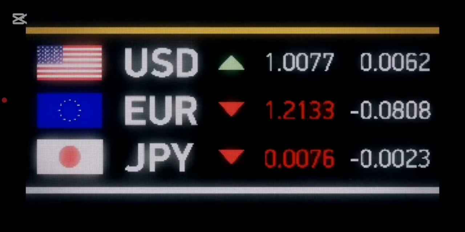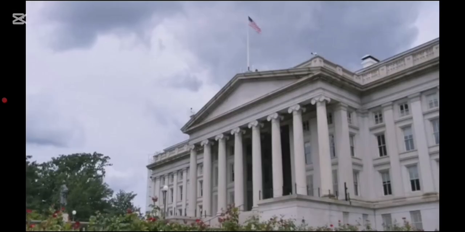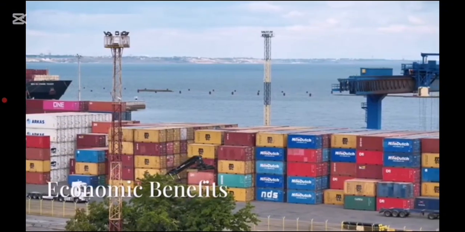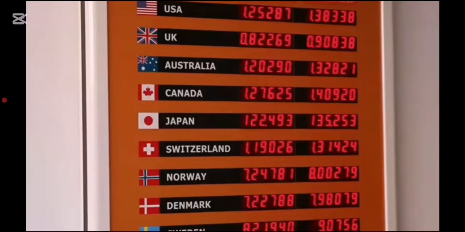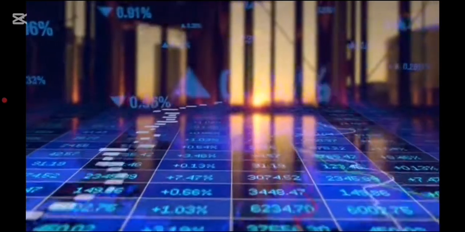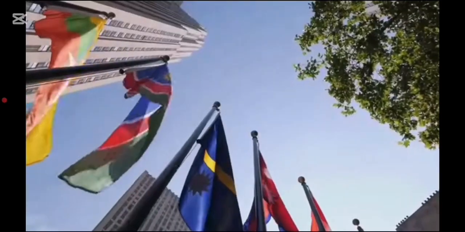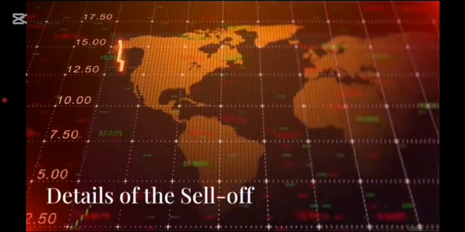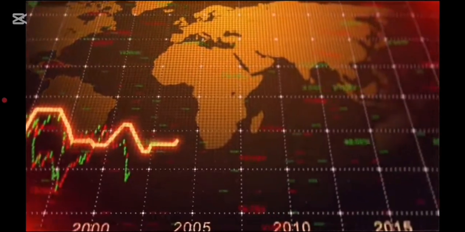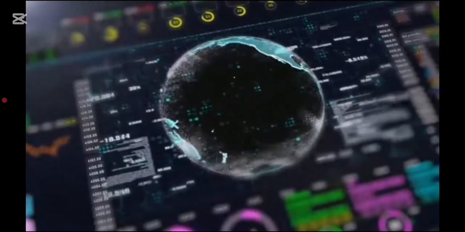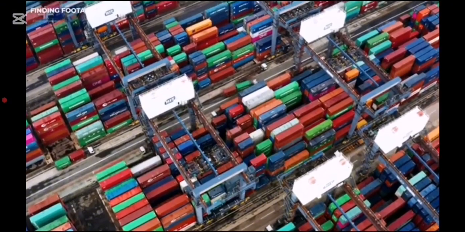How countries respond to US tariffs. China is one of the biggest countries that the US has put tariffs on. When the US added tariffs on Chinese goods, China fought back. China put its own tariffs on US products like soybeans and cars. For example, farmers in the US who grow soybeans had a harder time selling their crops to China because of the tariffs. As a result, many American farmers lost money. China also looked for other countries to buy products from instead of the US. This hurt the US economy in certain industries.